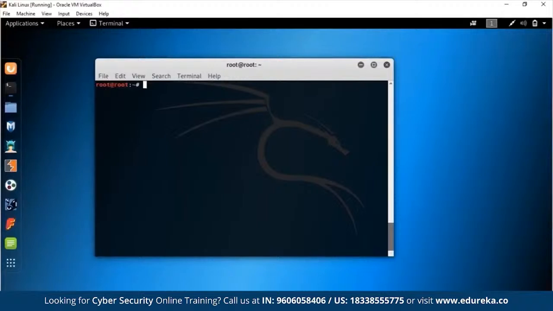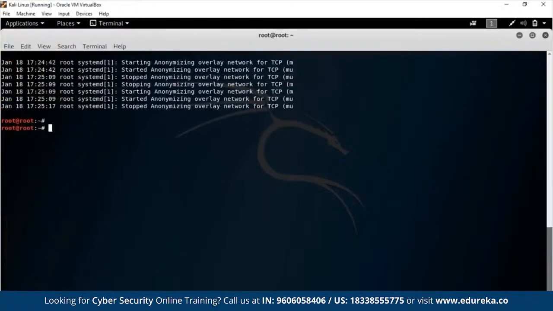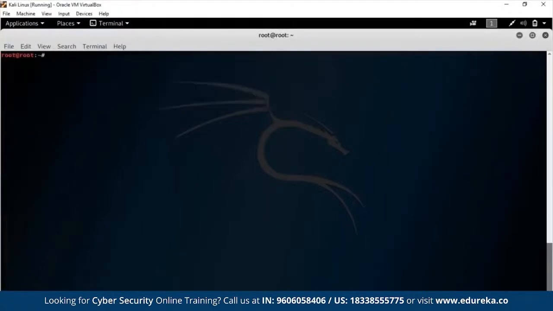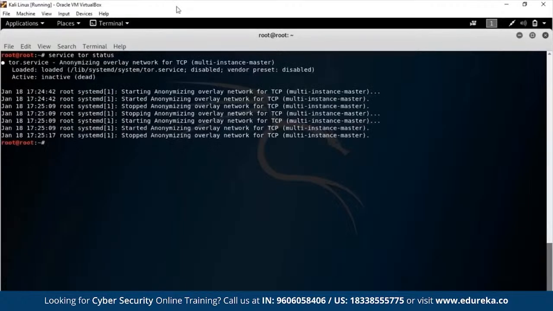Now that we have set up our proxychains configuration file and put in a SOCKS5 proxy chain, giving it the Tor service, what we need to do first is start up our Tor service. To check if the Tor service is running, let me clear that out and type service tor status. You see it says it's inactive. So you say service tor start, and that will start the Tor service. It might take some time depending on your system, and voila, it has started for me.